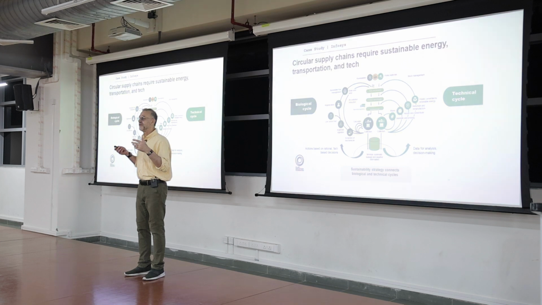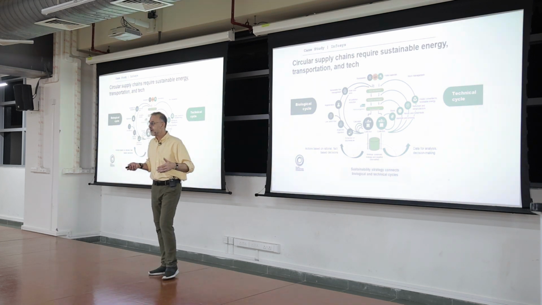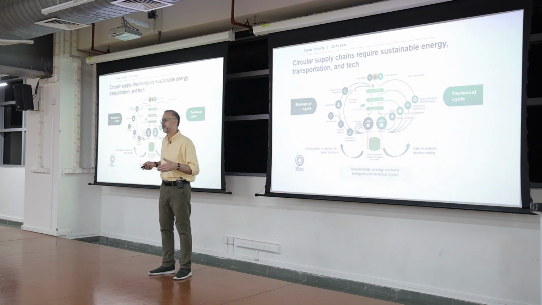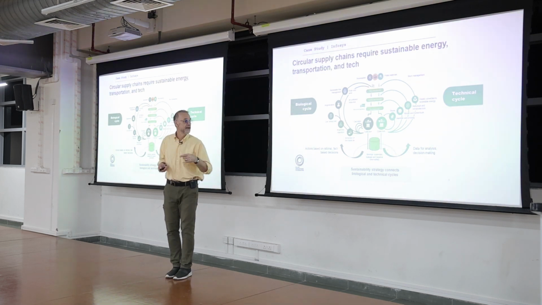Probably a better example is the battery. If you have an EV vehicle, the battery has to work at a certain level in order for it to be functional in your car. It will only last 7 years, more than likely, statistically. Do you throw the battery away? How do you dispose of it? Well, I guess a circular idea would say, no, I sell that battery to become a UPS backup system for this room, because it can still serve that purpose. So I think another way to reuse or recycle those components. So that's the general idea of circularity.